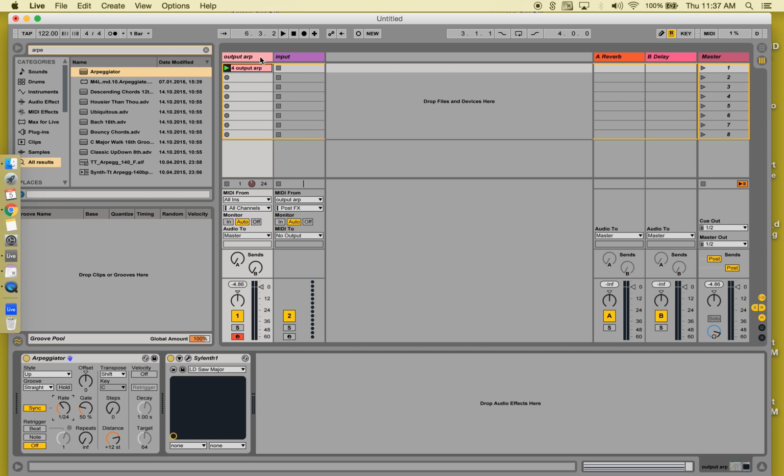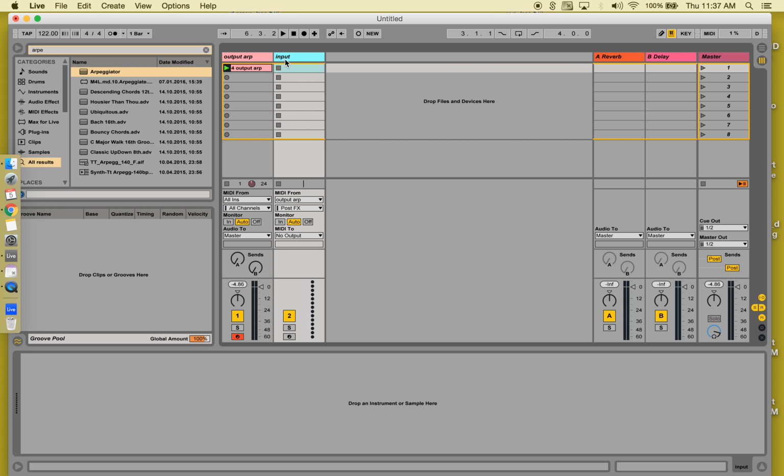So as you can see here, we have two MIDI tracks. One I named output ARP because this is going to be our MIDI out, and this is going to be our MIDI in. So the way you set up your MIDI in is you just go to MIDI From and you select the output of the MIDI, which in this case